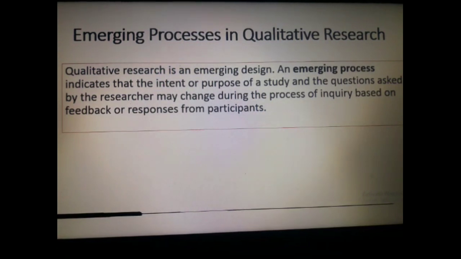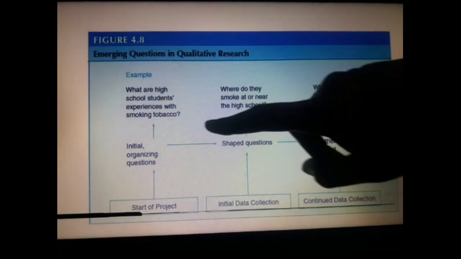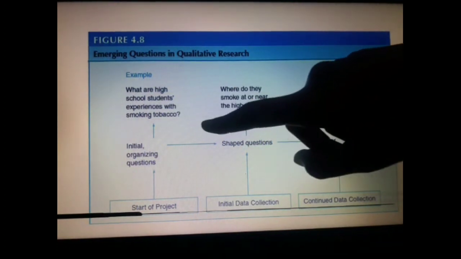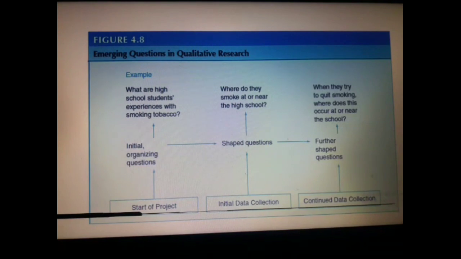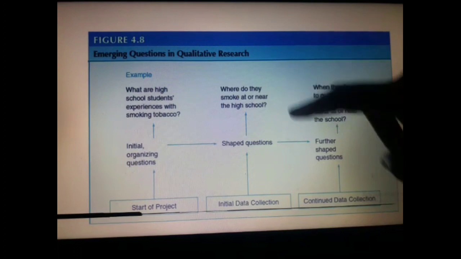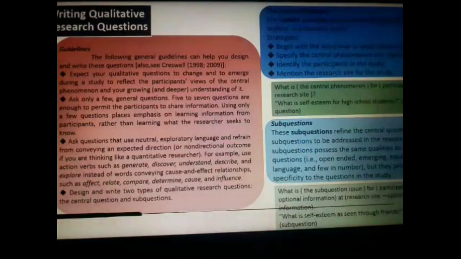For example, this is the illustration. First, the researchers ask the question in a general way, and next the researcher starts to focus the question in more detail, and then the last is going deep, because we know that qualitative research is going deep. And next